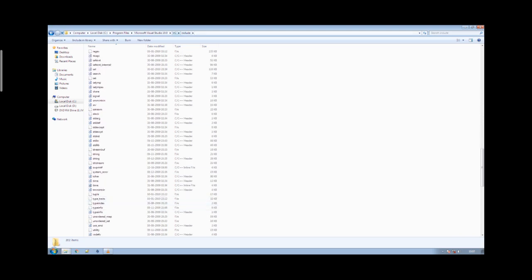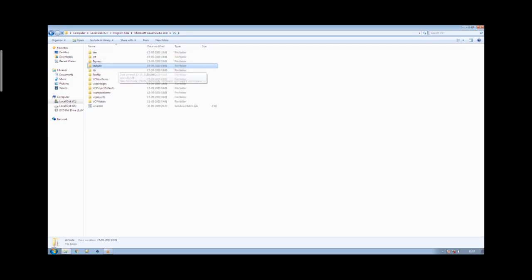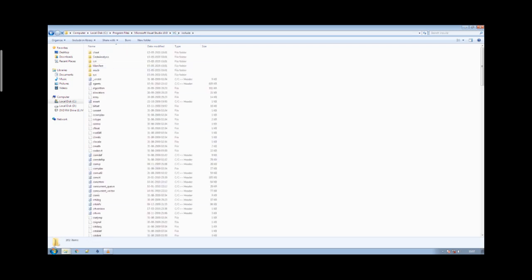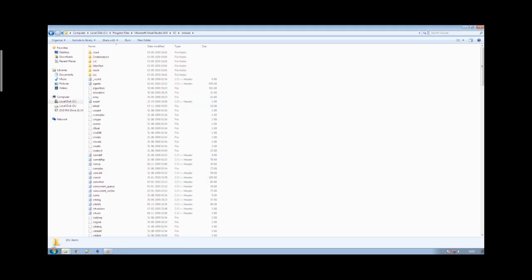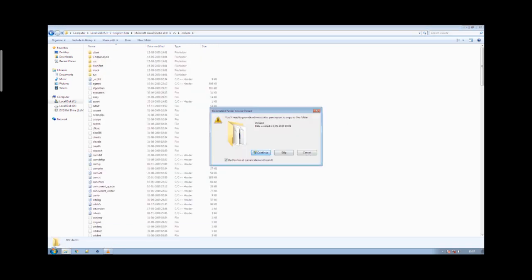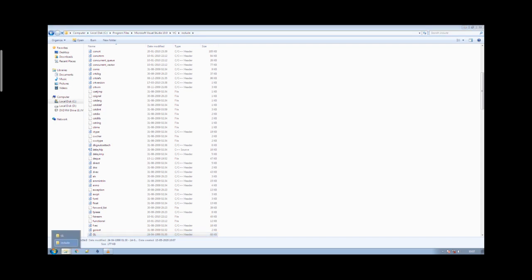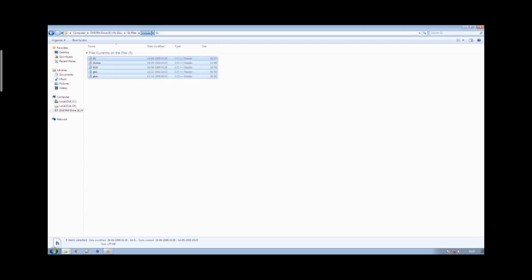See program files, Microsoft Visual Studio 10 VC include. Just paste it over here. All the include files you are supposed to copy. Actually glut.h is enough, and if you want you can copy the remaining which is available over there. Copy and paste. Configuration of library files as well as header files are completed.